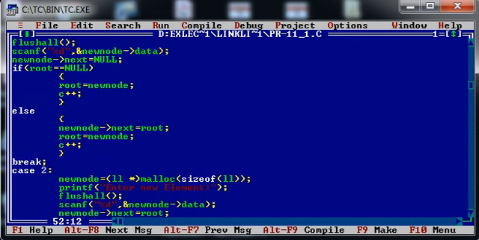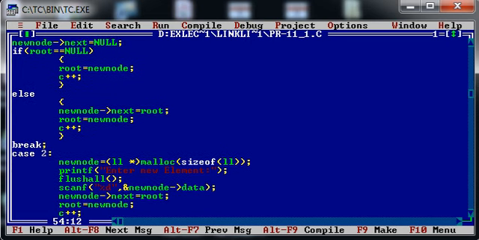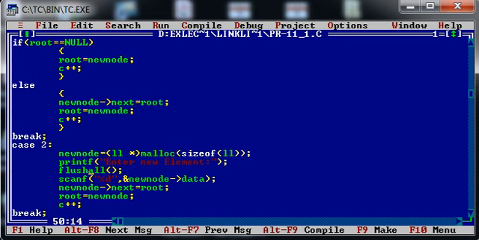Now case number 2, that is insertion in the beginning. It will be somewhat similar, but in this case we need to consider only this part, because in the else part we have seen how we can place a newly created node in the beginning. As you can see here, I am getting the data from the user and assigning it to the new node's data member.